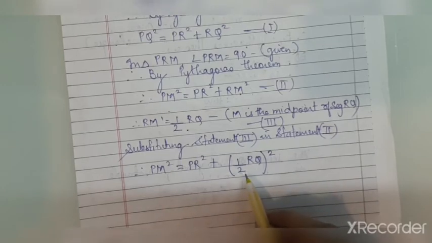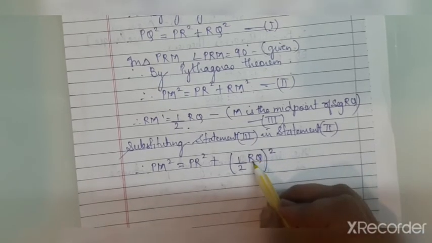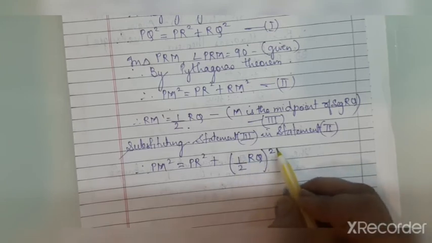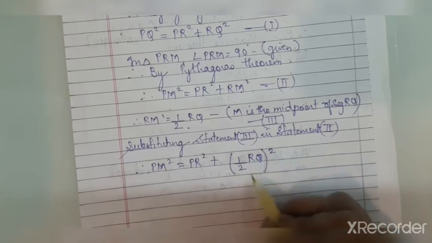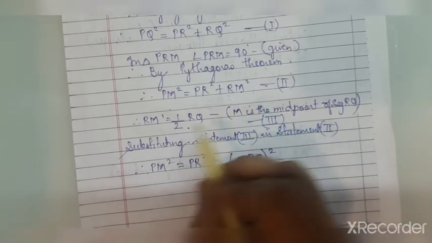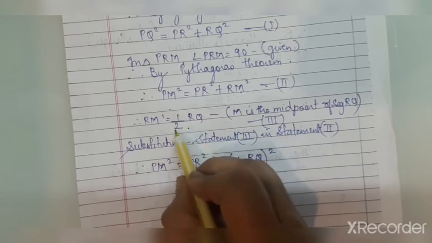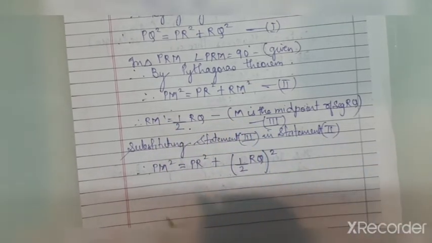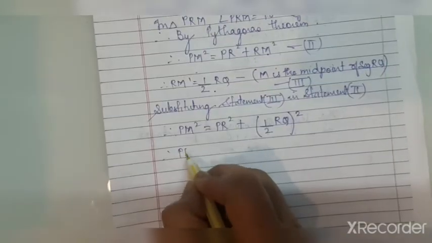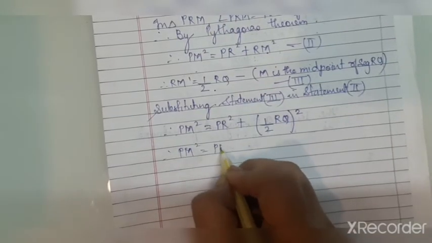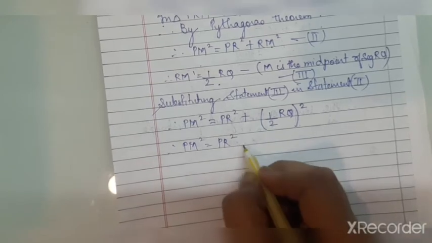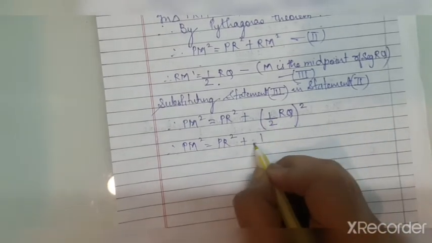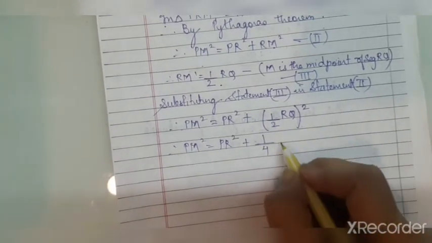Most of the time children make a mistake here by just writing half RQ square. It is half RQ the whole square. The square is also for the half, because RM square, and RM is half RQ. So when you take the square of RM, this whole thing we have to square. Now we proceed. PM square is equal to PR square plus half square becomes 1 upon 4 and RQ square